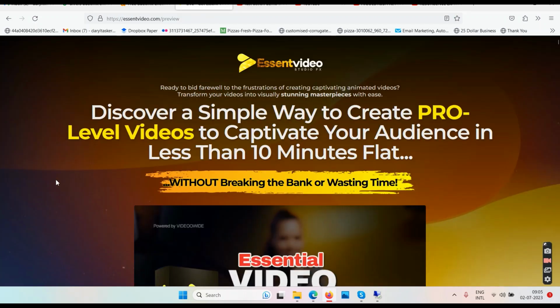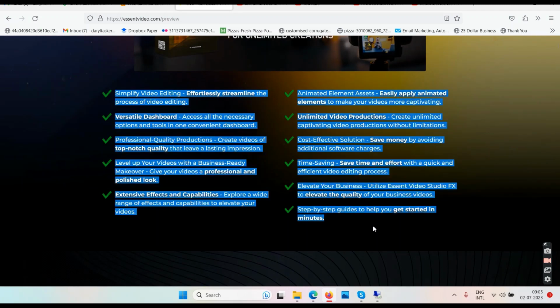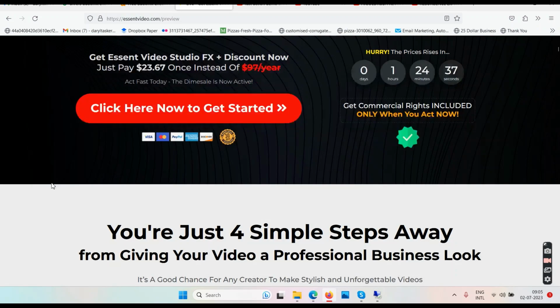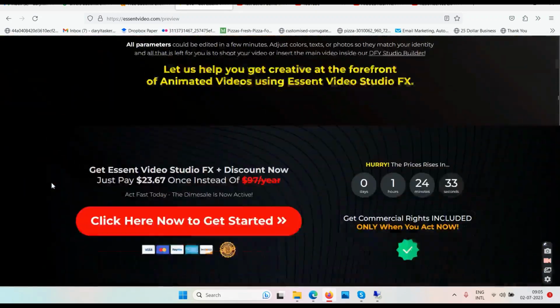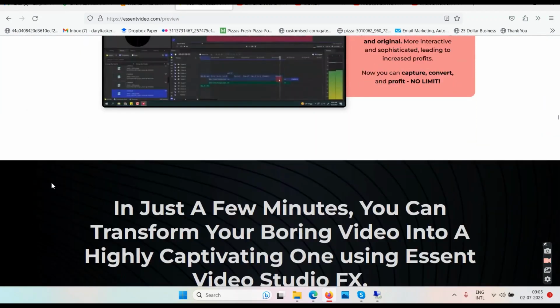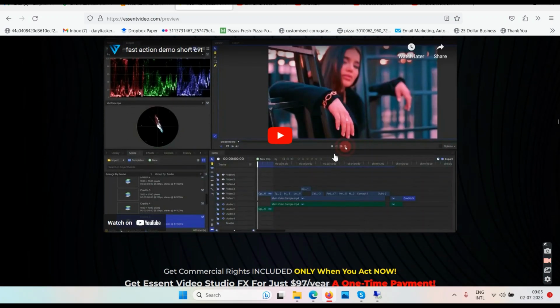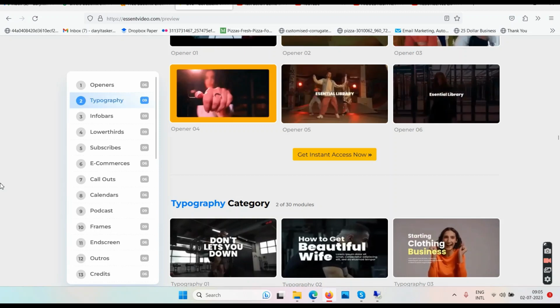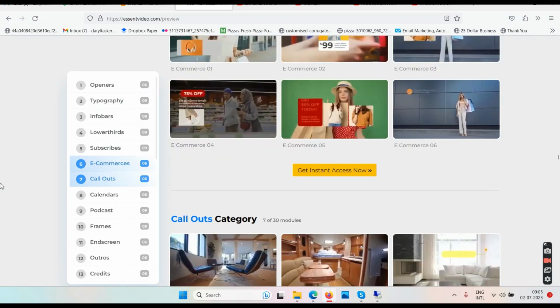So let's get back here, and let's scroll down. So it says simplify video editing, effortlessly streamline the process of video editing, blah blah blah. As I said, it's all for people who are experienced video editors. Okay, and newbies will not get much benefit from this tool, because newbies first need to get their hands on experience. By the way, the demo video is right here on the sales page. When you go maybe 40% halfway, you can watch the demo video here, and they are showing you can create these kind of videos in which you will have these